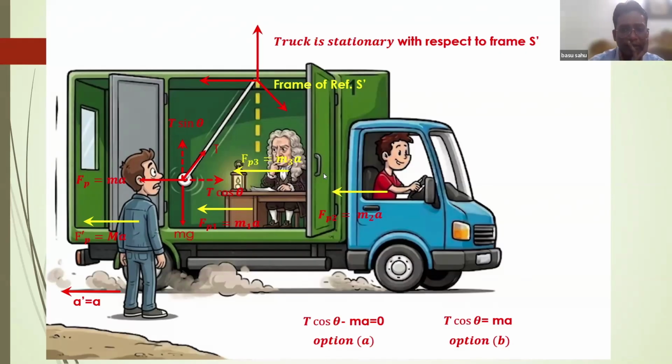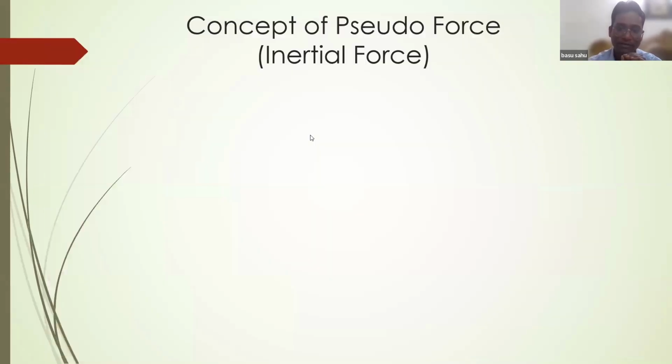Okay. Now, this definition is very important. What I said: pseudo force applies to every particle, to every body for which we want to analyze the motion from S dash. Whether it is part of that frame of reference or not, it doesn't matter. That's why we call it an inertial force. All pseudo forces have this common name. We call it pseudo force because its materialistic origin we cannot define, but in the same terms it is known as inertial force.